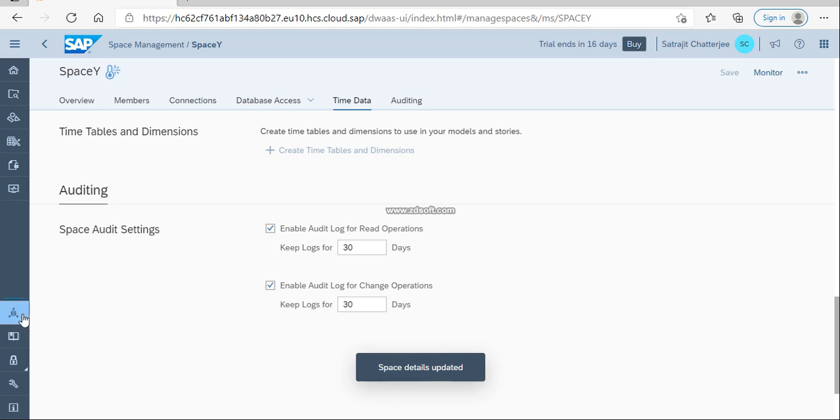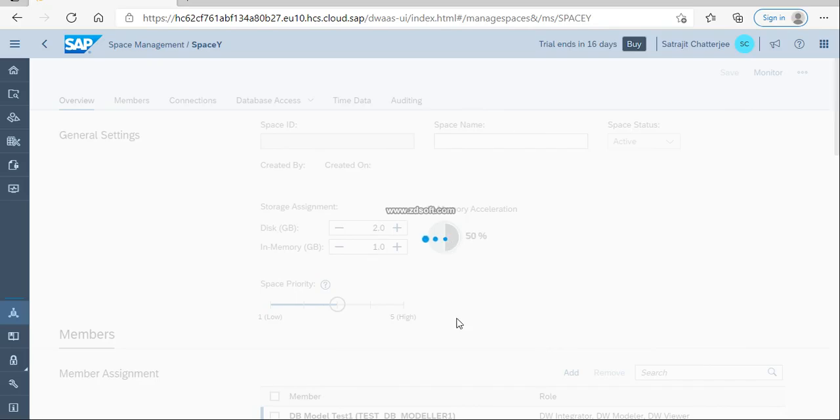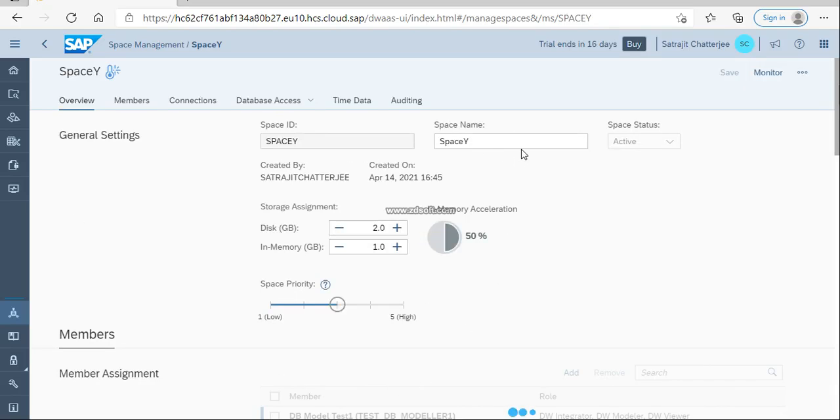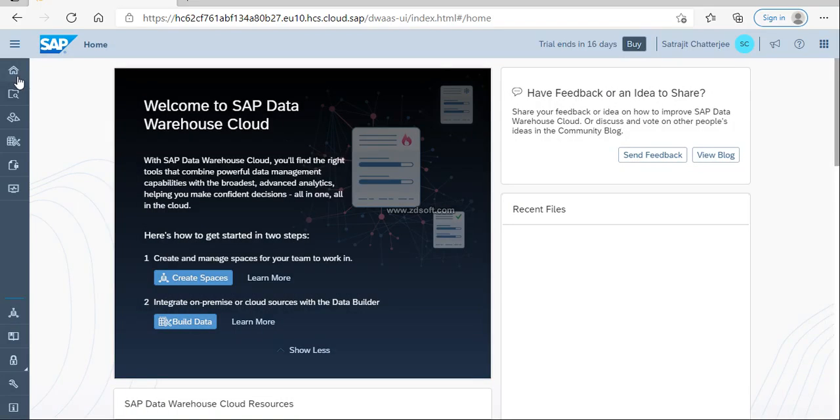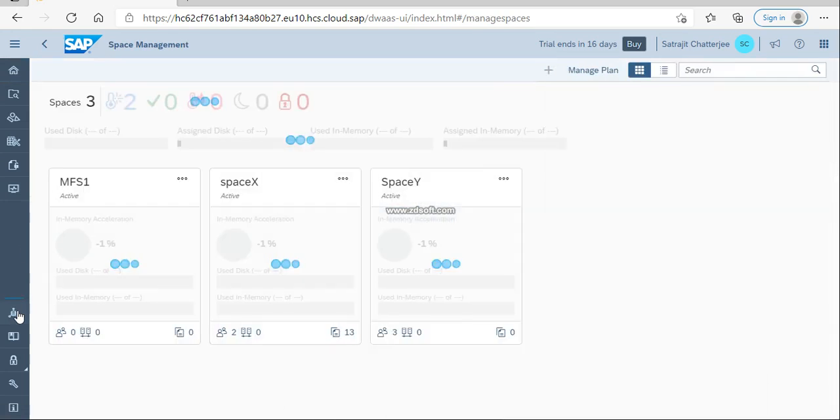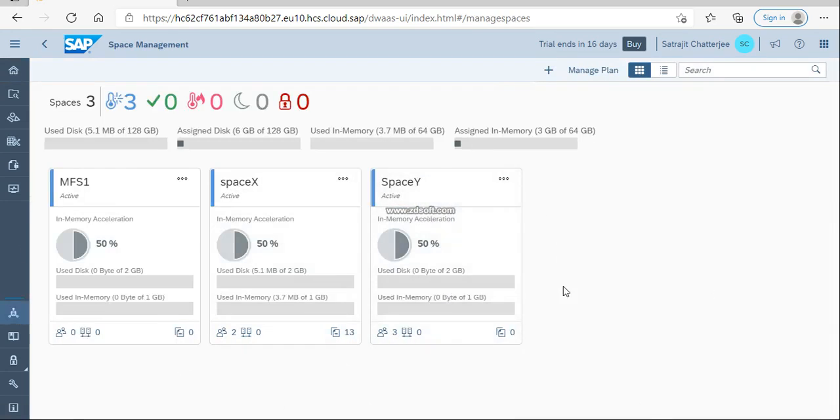Now if I go to the space monitor, you can see a new space named space y. Let me wait a moment. Okay, I'm going there. See, the space is created, you can see, right? And there are three users, can you remember? We have three users. You have this 2 GB space, and we have 1 GB in memory. All those information are available. The detailed stuff will come in a later video. Thank you.